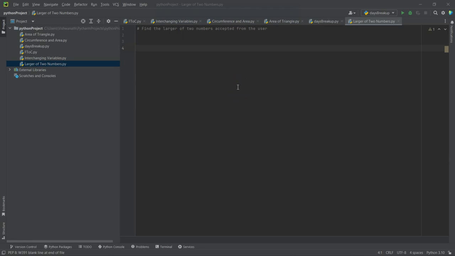Let's look at the next Python program. The objective is to find the larger of two numbers accepted from the user. Okay, so let's first define a function to figure out the larger of two numbers. So larger, and we will accept two variables,